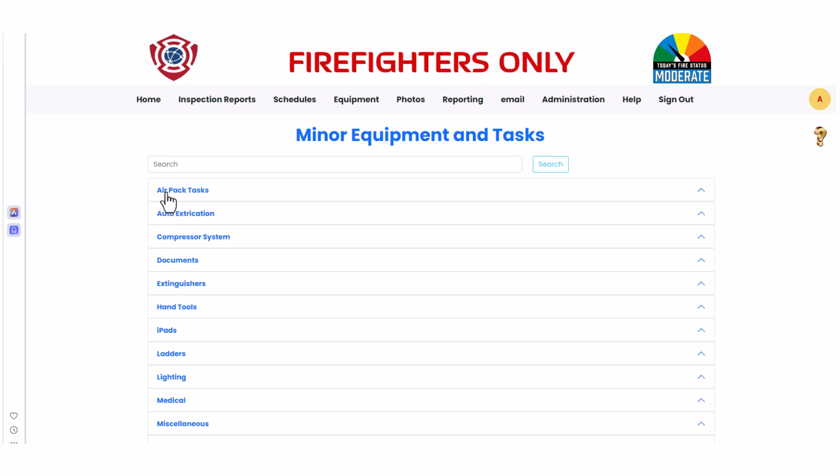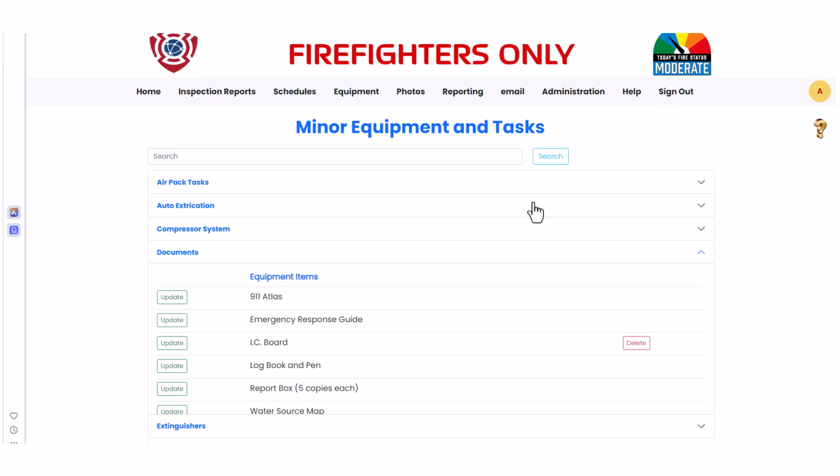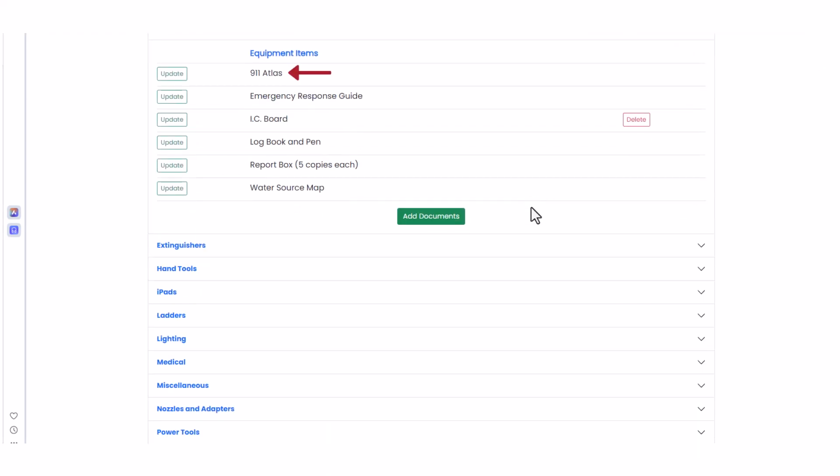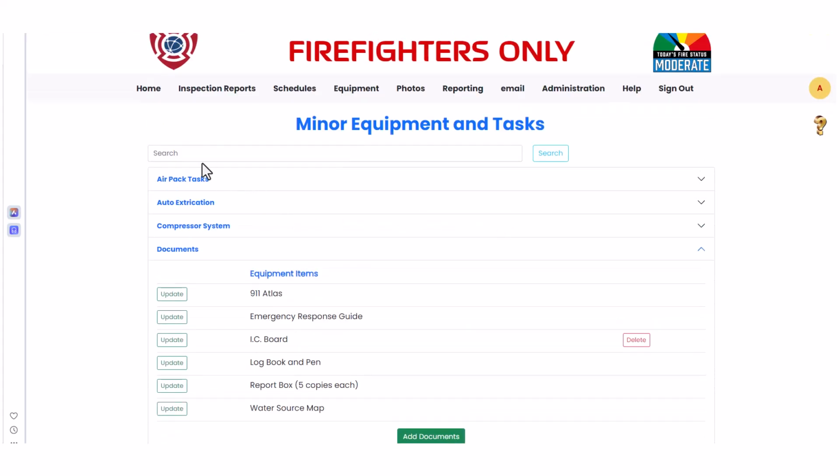We will search for anything with a 911 in its description by entering 911 in the text box, then clicking on the search button. The equipment group of documents is automatically open for us where we can see the item 911 Atlas. Next, we will try another search, this time by entering Ring into the search text box and clicking